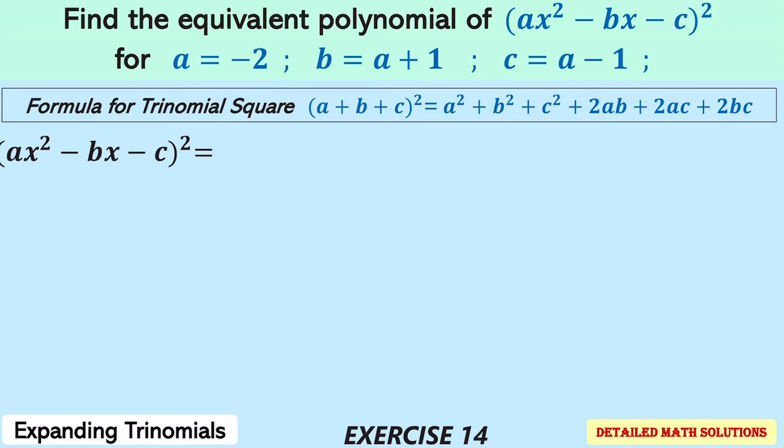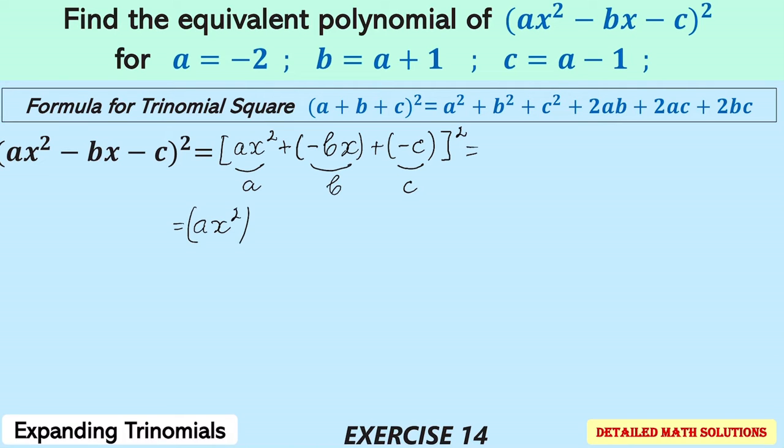In order for me to use the formula, I need to write the trinomial as [ax² + (−bx) + (−c)]². This way, ax² corresponds to the a in the formula, −bx corresponds to the b in the formula, and −c corresponds to the c in the formula. And when I apply the formula, this equals to